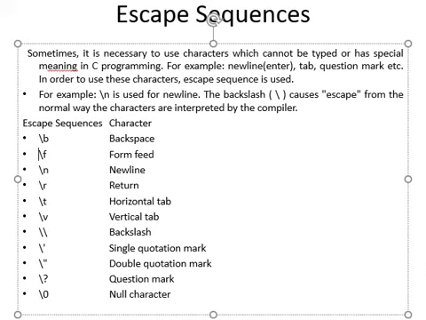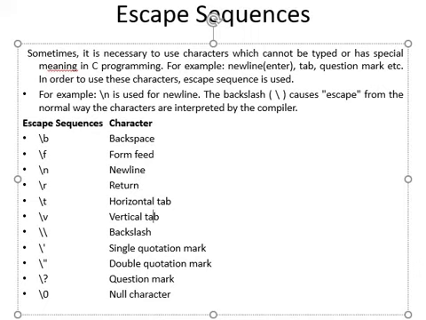So this is the escape sequence, and this is the escape sequence character, and the purpose of that particular escape sequence is given here. So \b is for backspace, \f is for form feed, \n is for newline, \r is for return, \t is for horizontal tab,